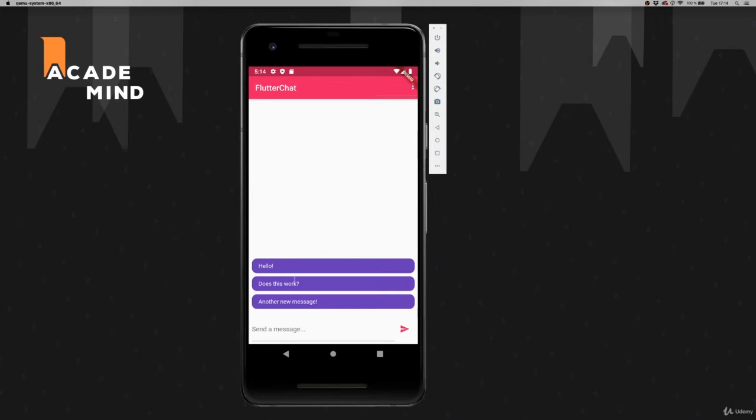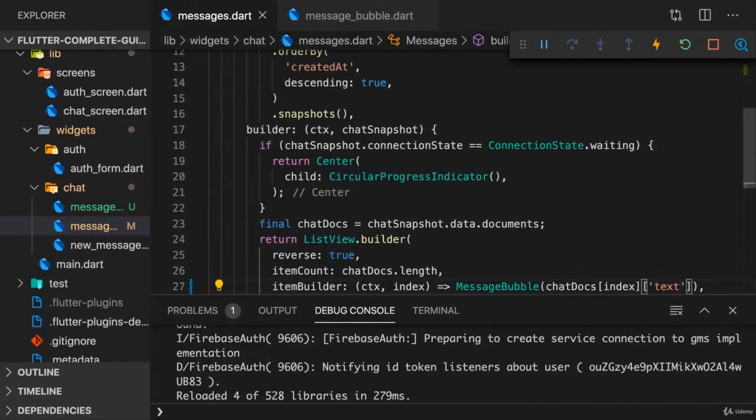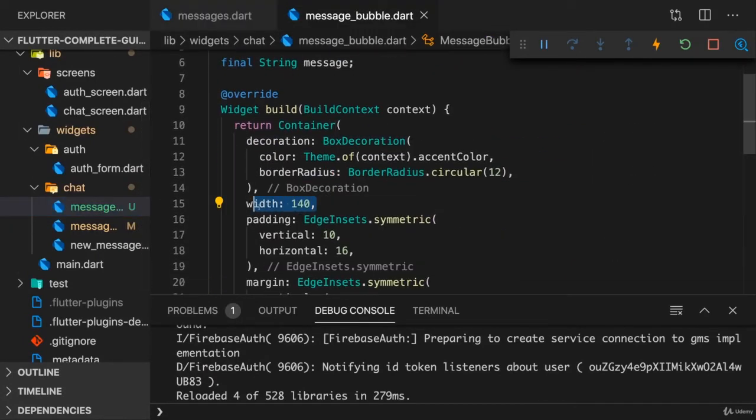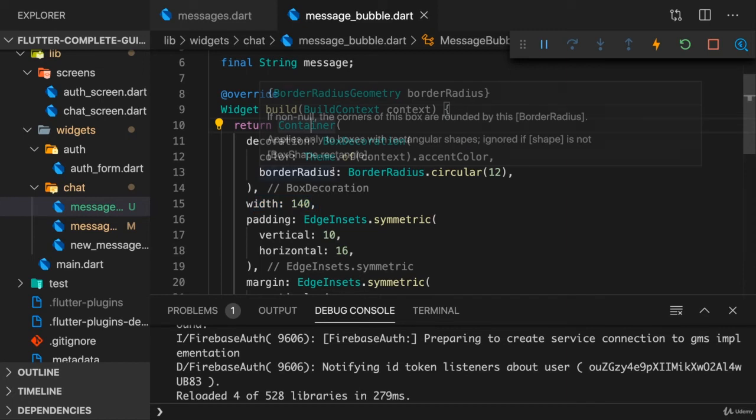Now we got these chat messages. Still not the final style, but better than nothing. Now you see that the width is ignored though. The width of 140, which I set up here. And that happens because it's inside of a ListView. Now we can make sure that the width is respected by, for example,